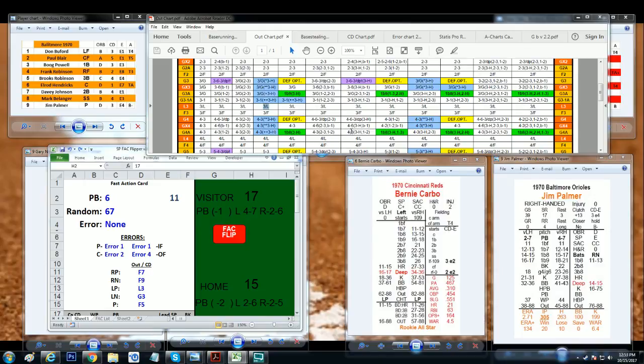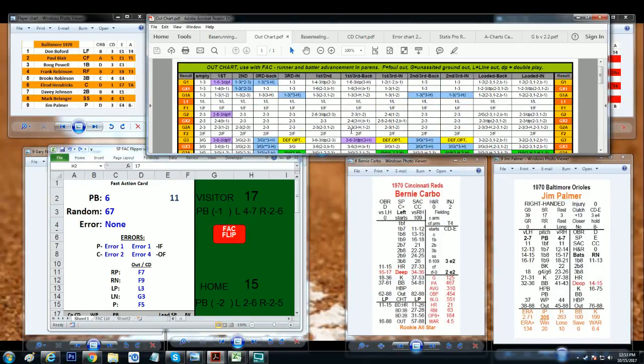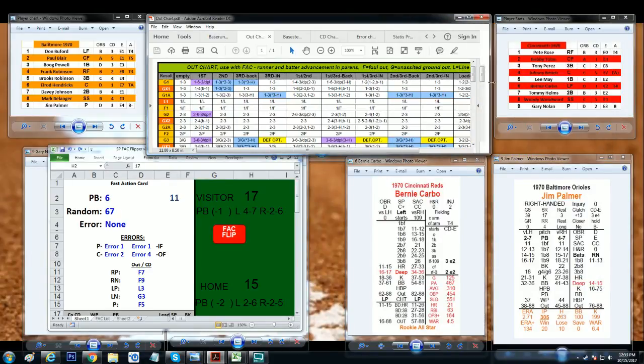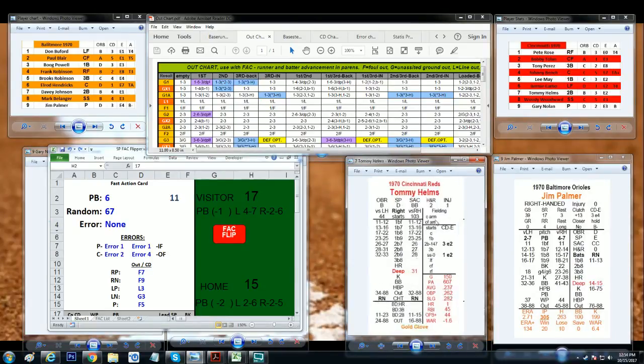The infield is going to play in. The infield is going to play in, though. I forgot to mention that, so I'm glad that didn't come back to bite me. Infield is going to play in with one away here. That brings up Tommy Helms. So if we look at